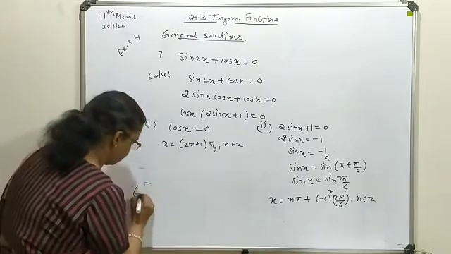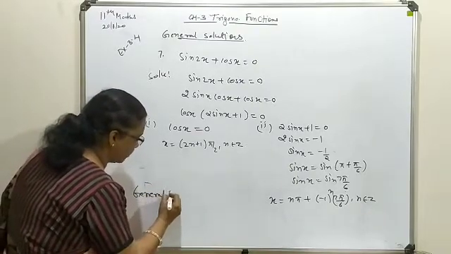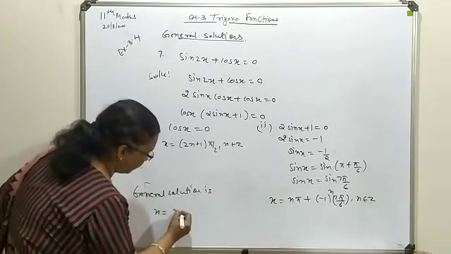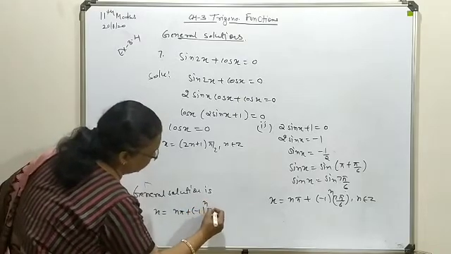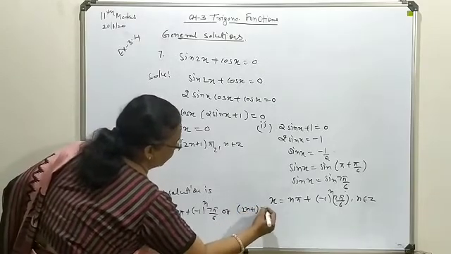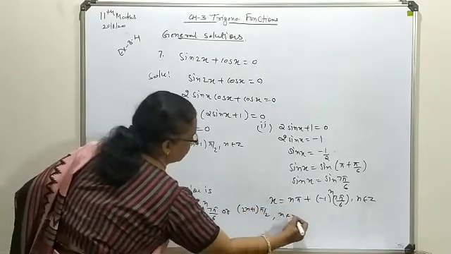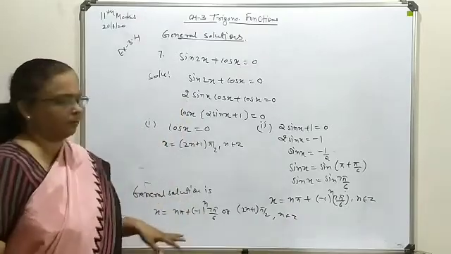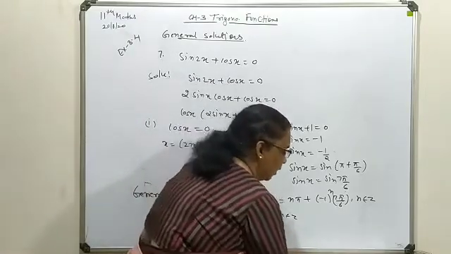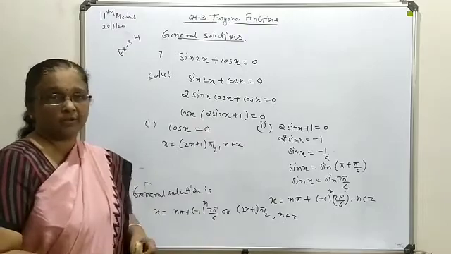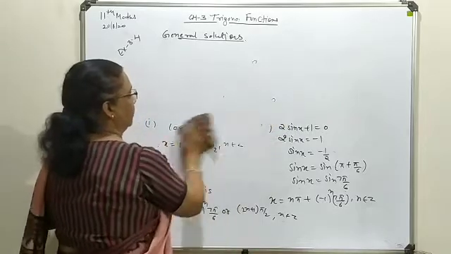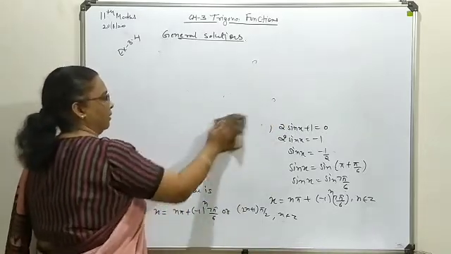So this way, in combined form you can express your general solution. The general solution is x is equal to n pi plus minus 1 power n into 7 pi by 6, or (2n plus 1) pi by 2, where n belongs to Z. So this way the final answer form is to be expressed. Now we move towards one more equation in which sec and tangent are available. That is an important form because that combination is quite distinct.